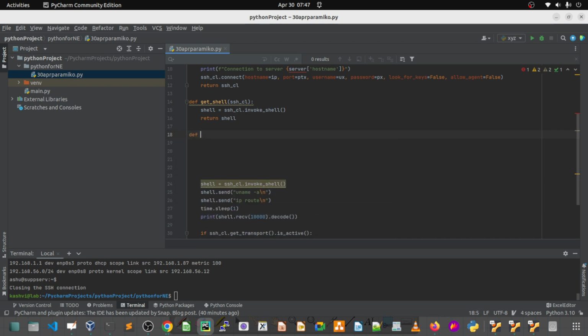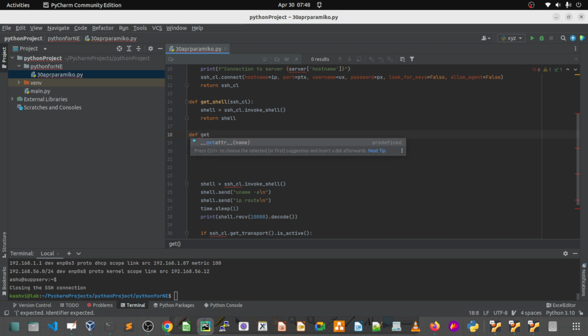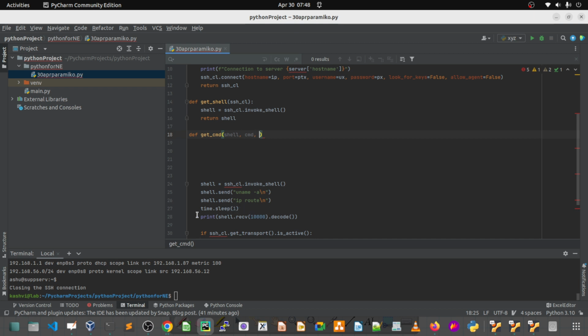Yes. Then I'm going to create another function. I will ask them to invoke cell, we have done. Then we have send command, if you can see. So get command, the function I'm writing, get cmd, just a name, you can take anything. So what will be the input? Now input will be the cell, then I will pass the command, and I will add the timing